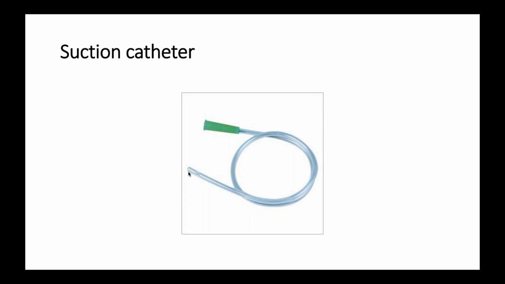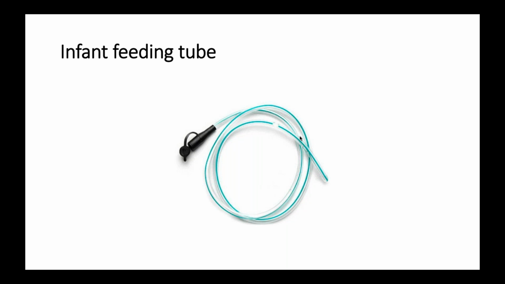The suction catheter has this port, the distal end, it is open. Okay, so there is a hole here for sucking. Thus there are eyes, an eye just near to the distal end. On the other hand, the Ryle's tube, this is the feeding tube. This has the distal part blind, so it is not open, it is closed, and there are eyes on the side. So basically, this is for giving a feed. So we want to avoid injury to the mucosa. So this part we have closed, and we just administer feed through this end with a syringe, and it goes out through these holes on the side.